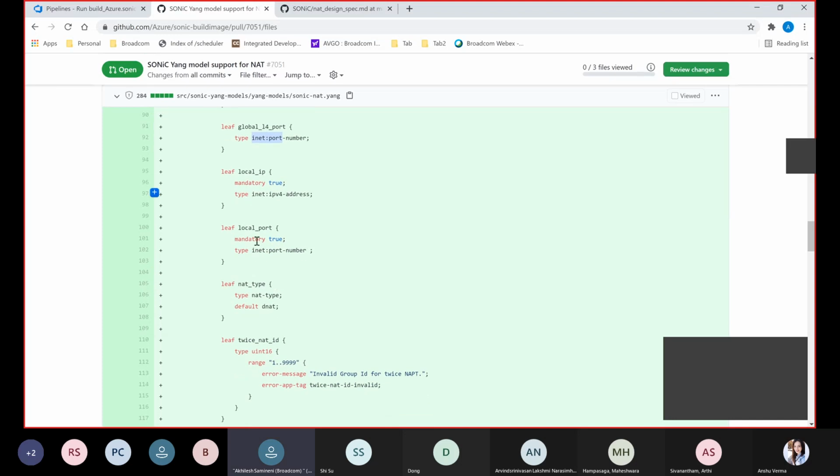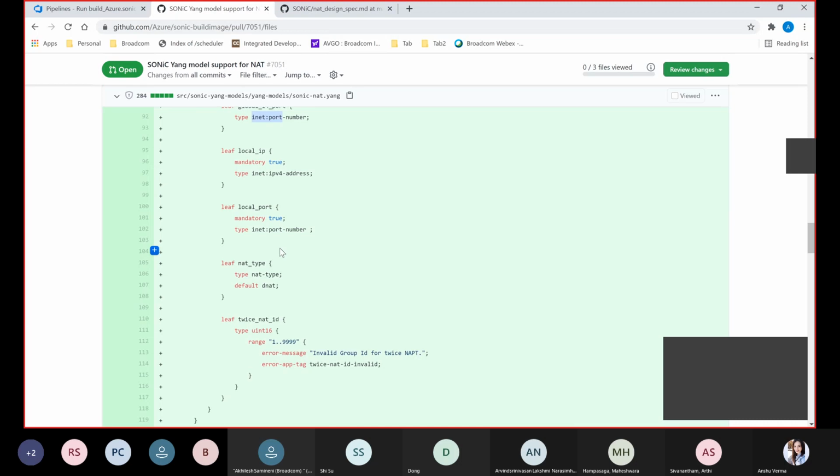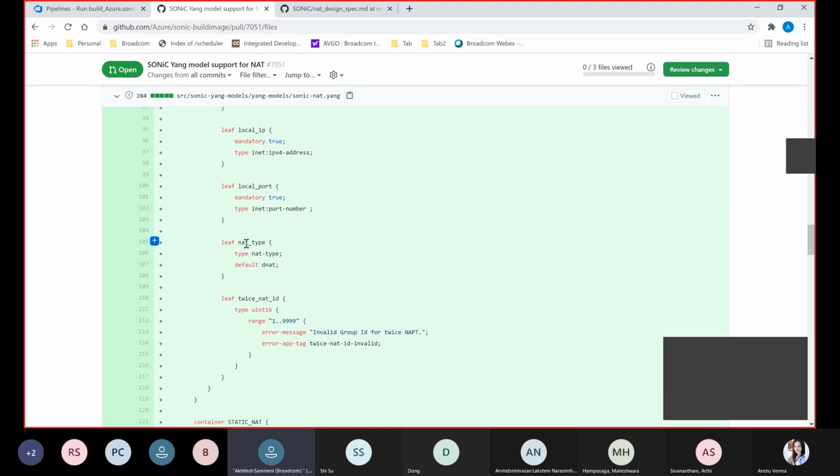Coming to local IP and local port, these two are mandatory fields for this table, where it contains an IPv4 address and it contains a port number. And the last but one parameter is NAT type, whether it's SNAT or DNAT. The default is DNAT for the table.